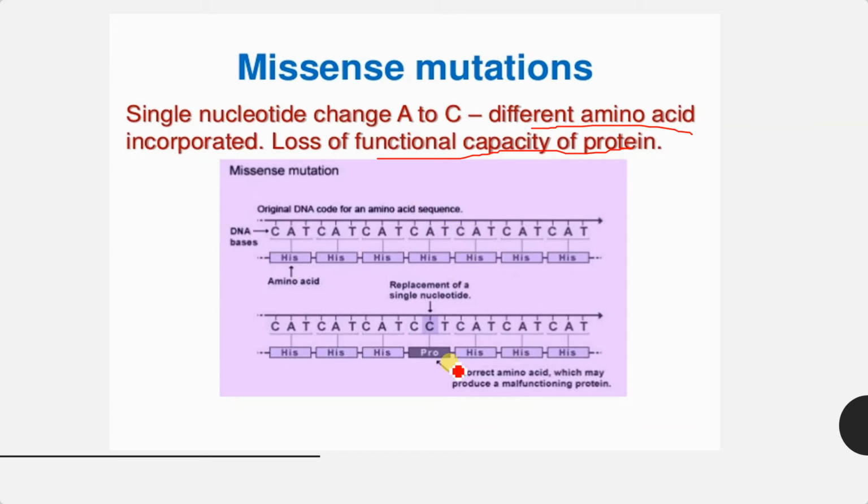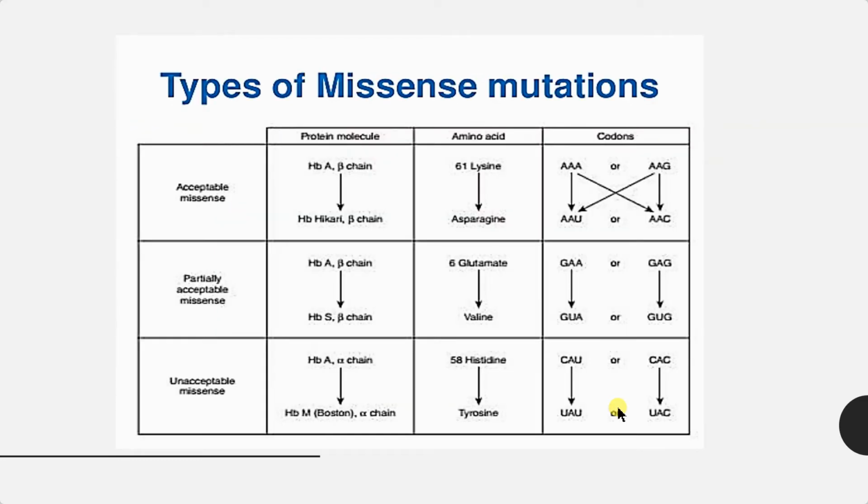Here the example is given. Instead of histidine, a substitution of C instead of A synthesizes proline, which results in a functionally inactive protein. And based on the result or protein produced, we have different types of